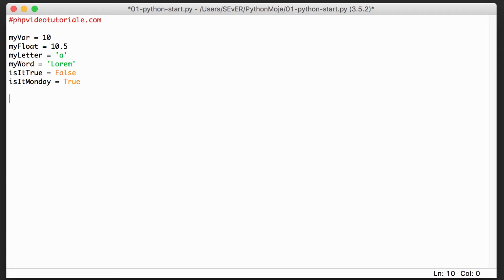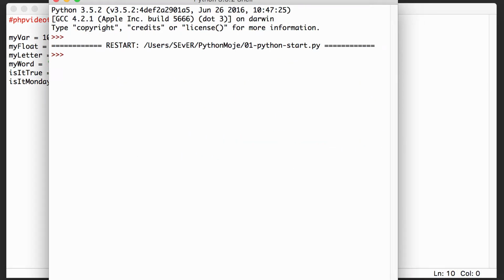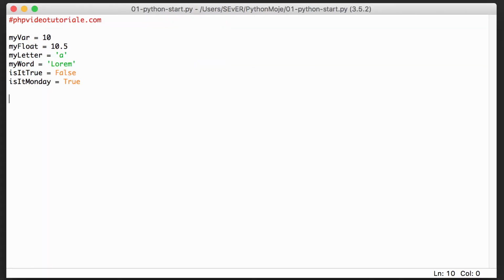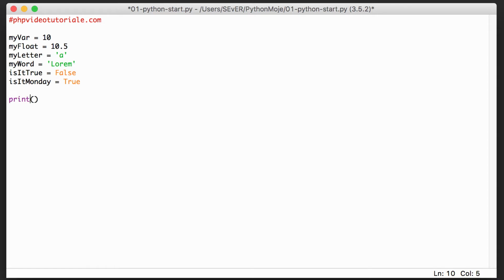If I want to display some values on the screen, let me run that program first, so you're going to see everything is alright within that program. I got no errors, so it means I made everything in the correct way. If I want to print something on the screen, I'm using a function. No, it's not word, it's print. Look, if I put some letters here, I'm getting black color, so it means Python doesn't recognize that function. If I'm using print, it's getting a kind of violet color. So it means it recognizes the function, and the function print is going to display something on the screen. I want to display my var. So let's run that program.